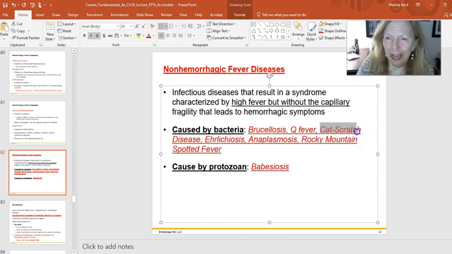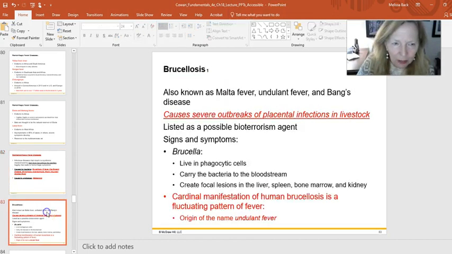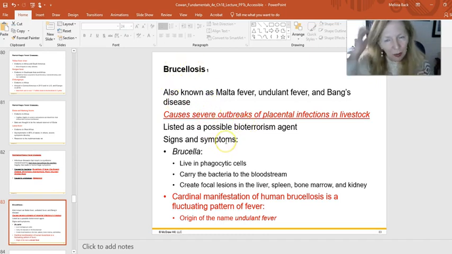You have maybe also heard of cat scratch fever. You thought that was just something your grandmother told you so you'd stop messing with the kittens. But actually there is a disease, and it's caused from a bacterium, Bartonella henselae, that is also on your list. These two are not as common, but brucellosis is one that, again, dealing with animals might be a higher risk of that. And protozoa babesiosis is one that is a protozoa that can cause a non-hemorrhagic fever disease. Brucellosis, when we think about it, again, in livestock, this can lead to stillbirths, if you will, because placentas become infected.